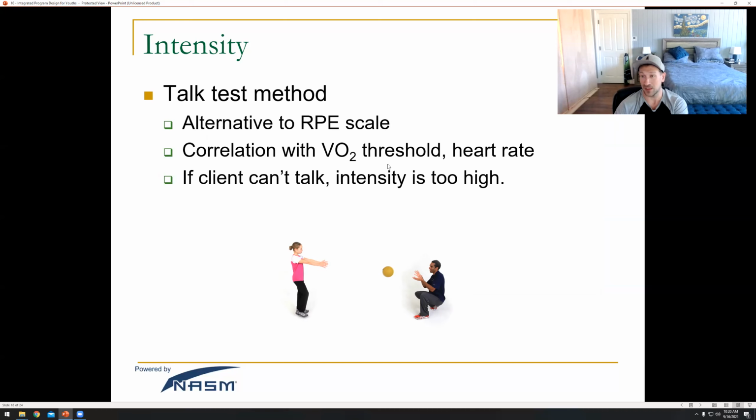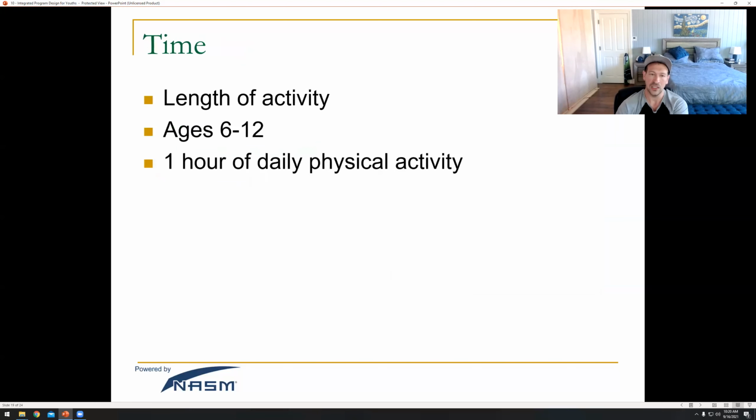Like I said, talk test method works really well as well. Zone 1, they can hold a conversation. Zone 2, they can talk, but it's a little uncomfortable. Zone 3, it's almost impossible to talk. For the time on the FIT principles, the first of the 2 T's, that's the length of